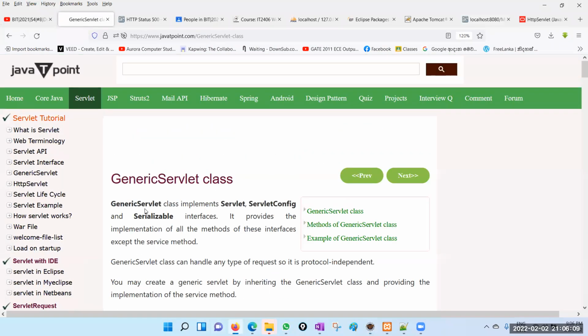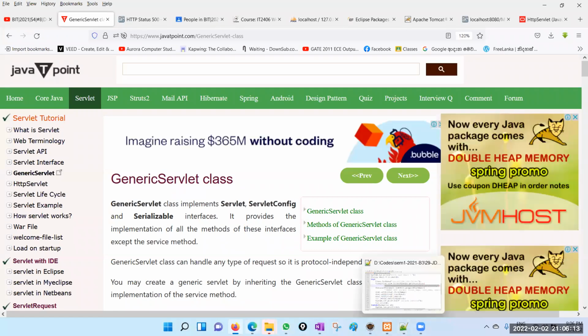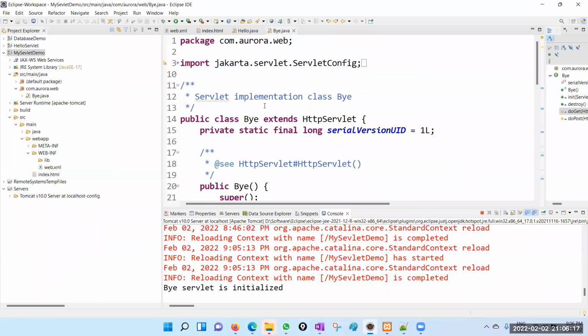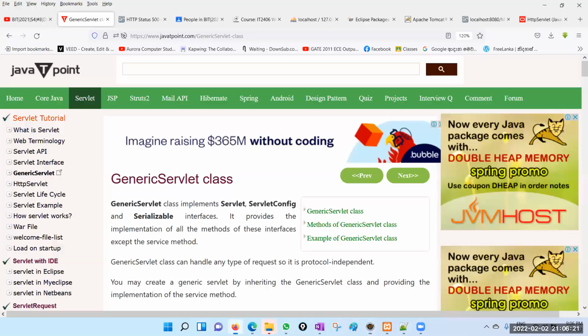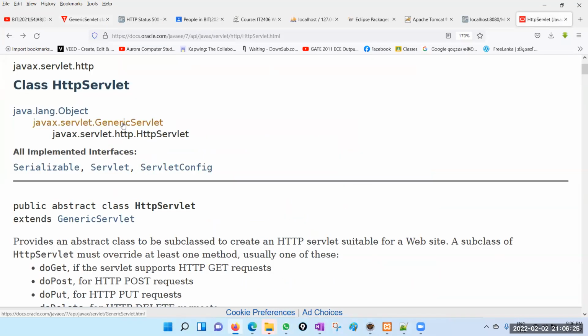Right. So this is a generic servlet class. Actually, what we extended is not the generic servlet class. What we extend is the HTTP servlet class. This HTTP servlet is extended from the generic servlet class. Okay, so because they have done it in a way such that in case other than HTTP,